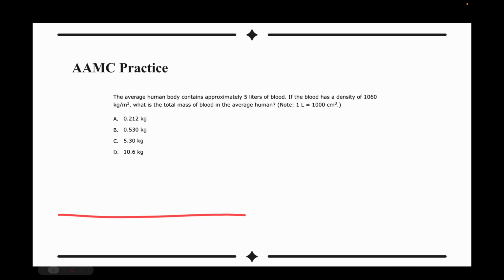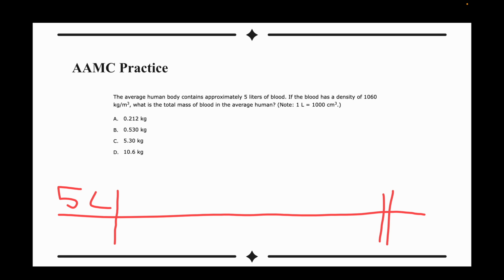So this question has us starting off with 5 liters of blood, and we want to convert these 5 liters of blood into kilograms. So we're going to set up our table starting off with liters and ending with kilograms. Now the first conversion we have is converting liters into centimeters cubed. I'm going to put liters on the bottom so the units cancel out, and I'm going to put centimeters on